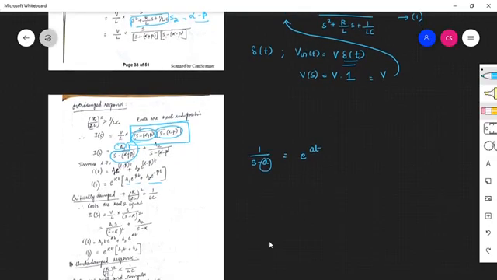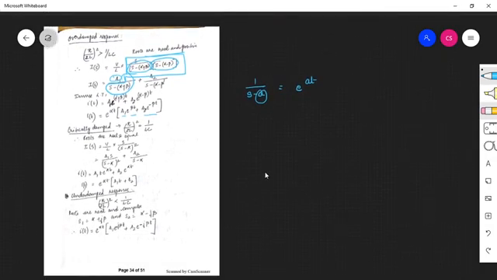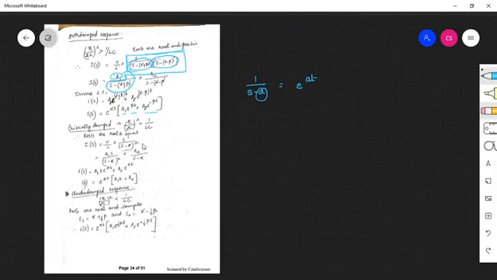The second case is critically damped, where both the terms are assumed to be equal. So R by 2L the whole square is equal to 1 by Lc. Therefore, beta becomes 0. So it is s minus alpha into s minus alpha, so it becomes s minus alpha the whole square. Again taking partial fractions, it is A1 s by s minus alpha the whole square plus A2 by s minus alpha. For s by s minus a the whole square, the inverse Laplace transform is t e power at, so A1 remains the same. For the second term, it is e power at.